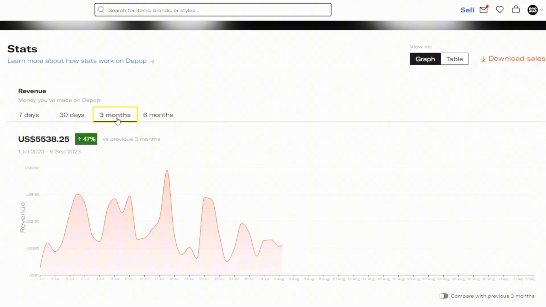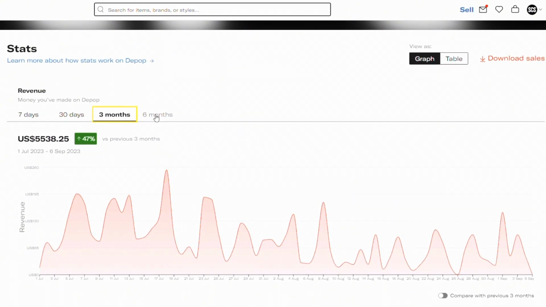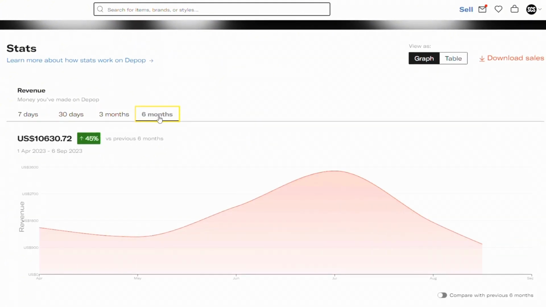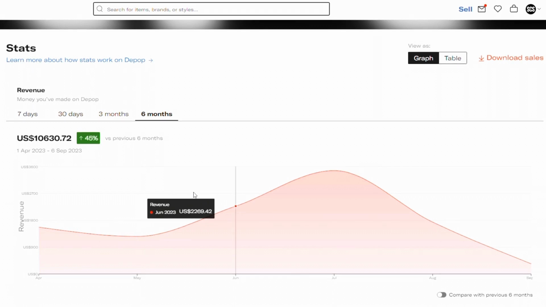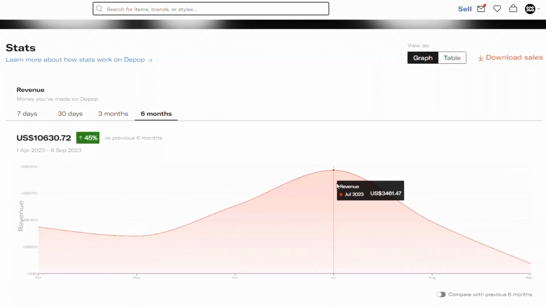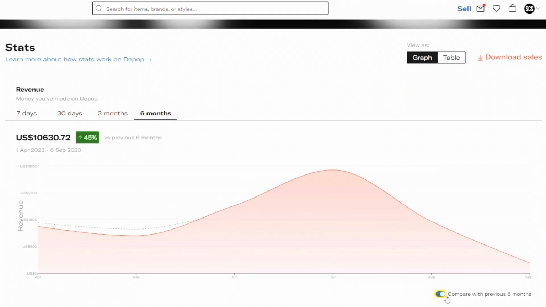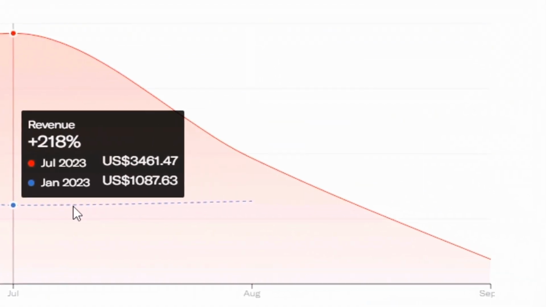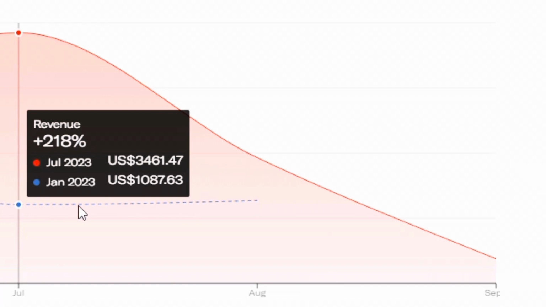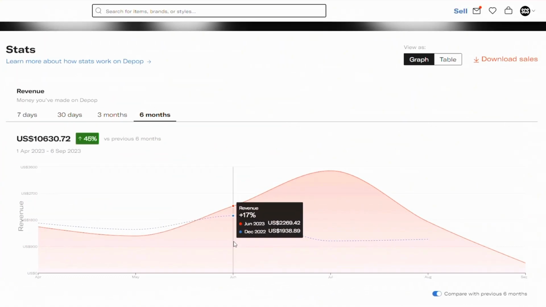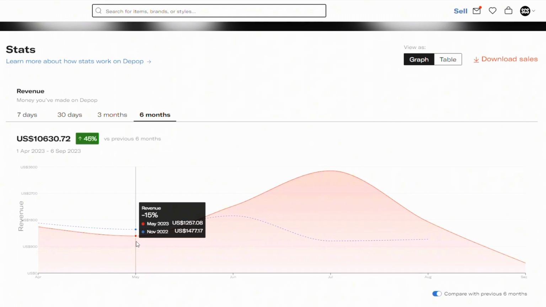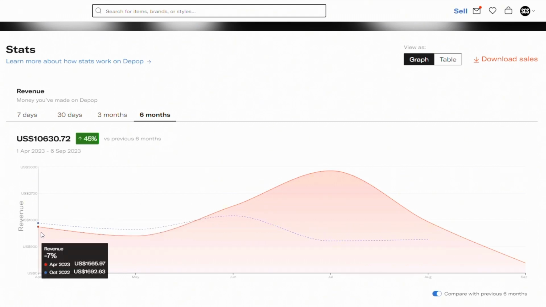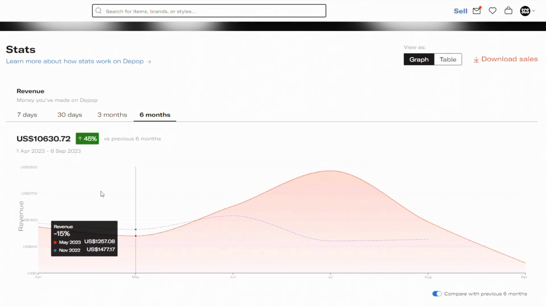So now this is the 3-month and the 6-month graph. The 6-month graph can really help you figure out how much you're making per year, and using the compare with the previous 6 months button, you can find a lot of data using this and really just fine-tune how well you're doing overall. This also makes it easier to track my expenses month to month, and if you're going to use the table, I recommend using it on the 3 to 6 month range. Since it's broken down into some bigger chunks, it's much easier to read, and I'll show you guys what that